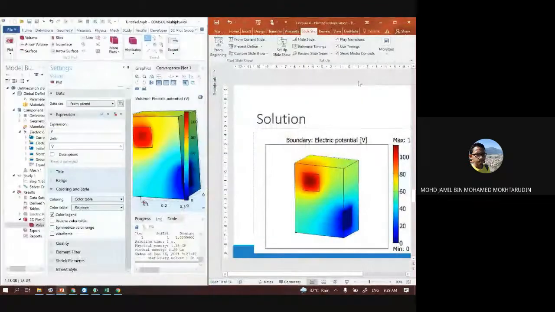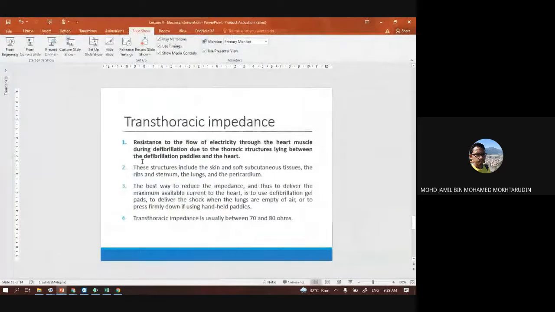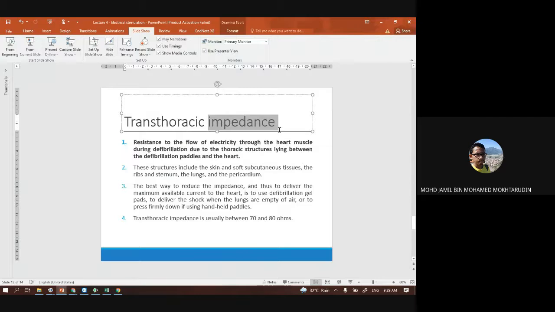Okay, now we have plotted the electric potential. So what else can we do with this? In this tutorial, in this example, we are interested in determining the impedance. Impedance is basically the resistance inside the abdomen. So transthoracic impedance. Impedance is resistance. Transthoracic impedance is basically the impedance inside your